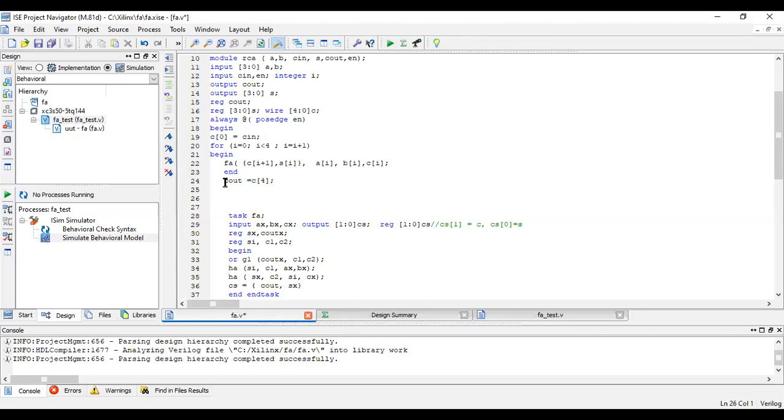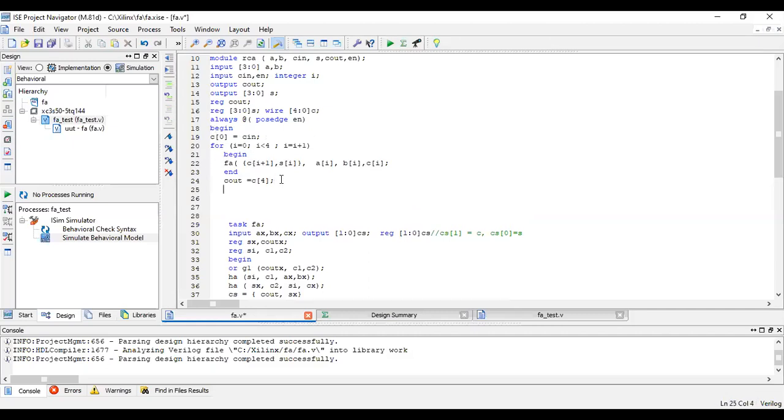This is all regarding the full adder. So begin and end is over here. The for loop begin and end is done. Now I have a begin over here, so I should end that. This is an end for that begin. And I have a task over here, task full adder, which I've called over here. Sum I've already assigned, and Cout also I've assigned.